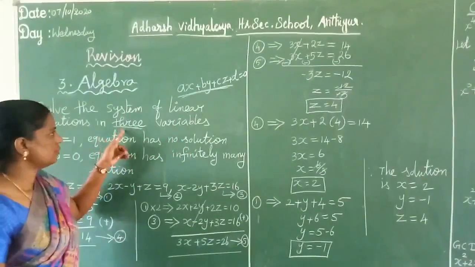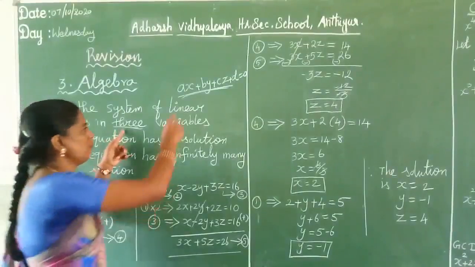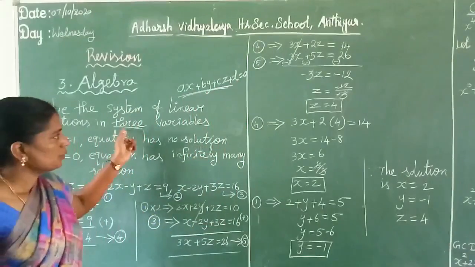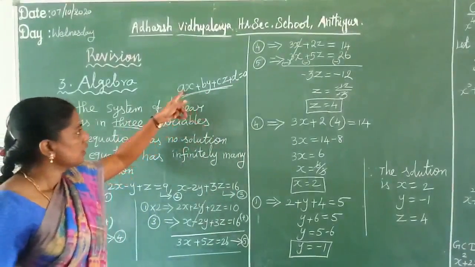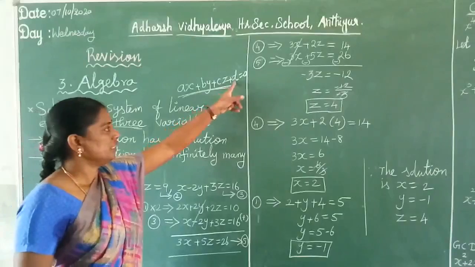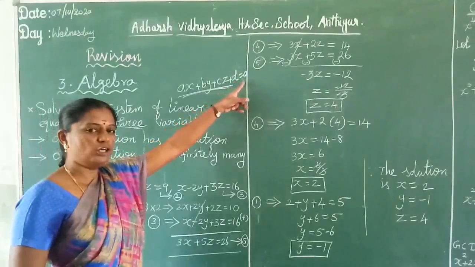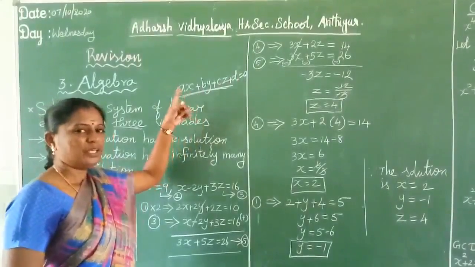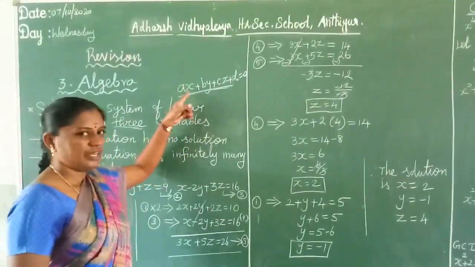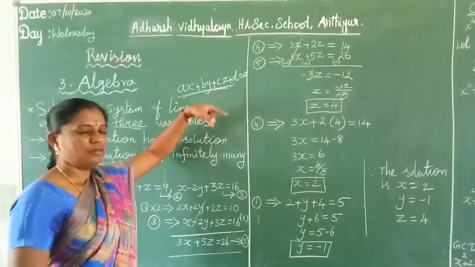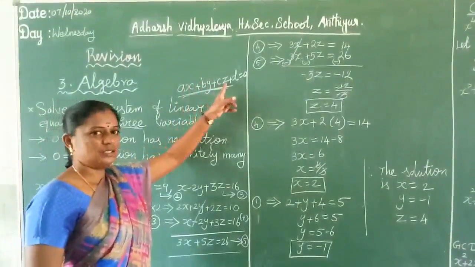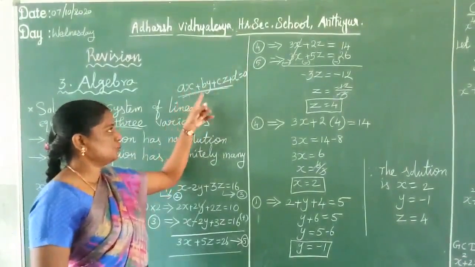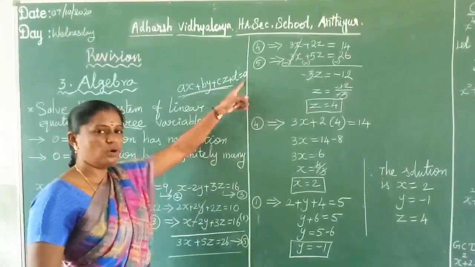So here, 3 variables. What is the general form of 3 variables? ax plus by plus cz plus d equal to 0. Suppose the given format is not given properly, you want to make it. So how? Suppose 1 by x is given, you convert it into some other variable. 1 by y is given, you convert it into some other variable. And 1 by z also given, you convert it into some other variable. So you want to make the general form ax plus by plus cz plus d equal to 0, and then you